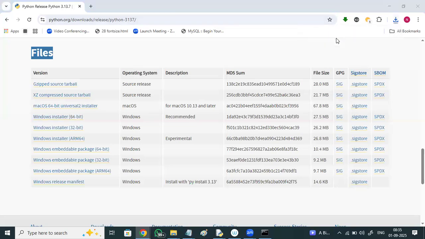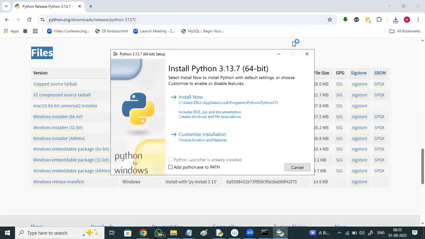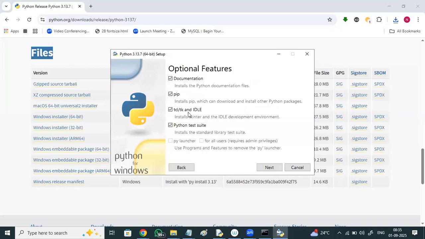Just click on that, otherwise go to the Downloads folder. Don't immediately go for the installation. At the bottom, select add Python to path, which adds Python to the path variable of the OS. Don't immediately go with that installation. Go for customize installation so that you can install at your particular location. By default, everything is selected, no need to change. Say next.